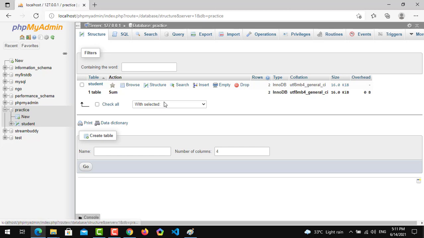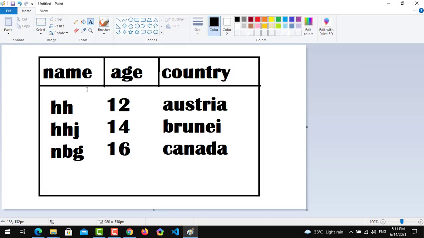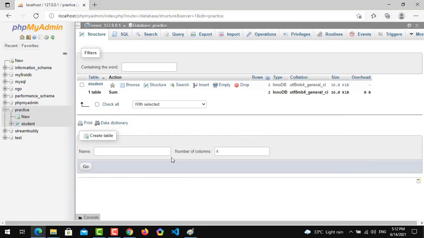The id column is necessary, although it is not shown graphically, but we have to create it, and there are the remaining 3 columns. So the total number of columns will be 4, and the table name will be new.